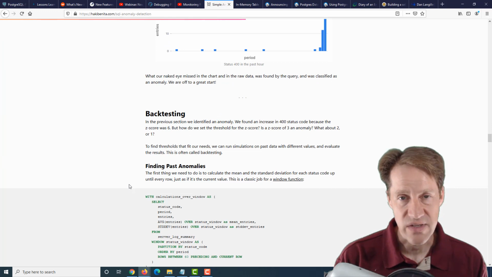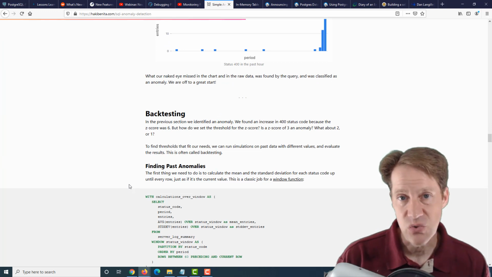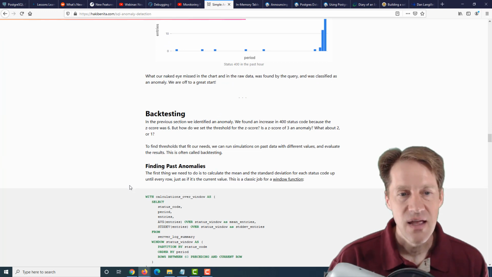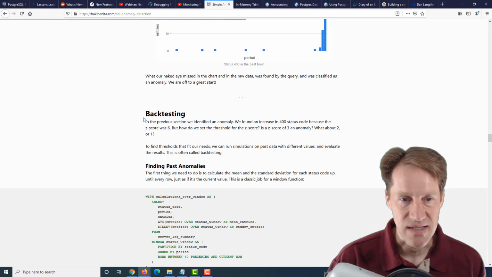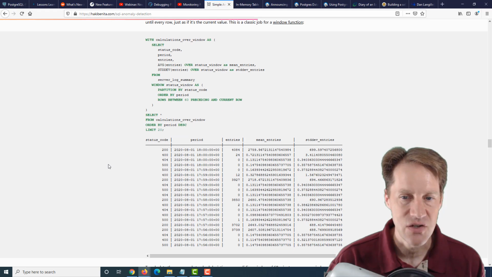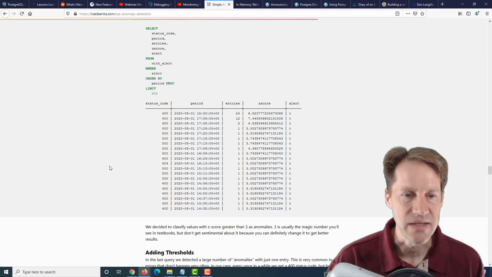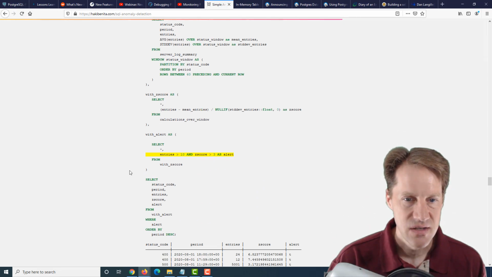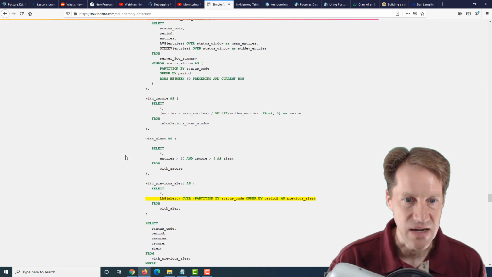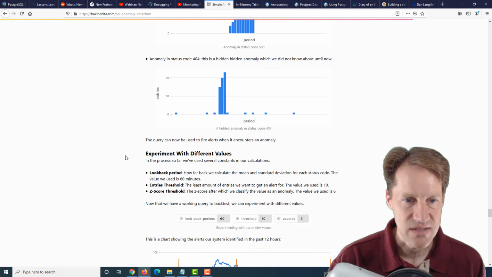Should you use 1 standard deviation from the mean, 2, 3, 4? What makes sense? And he advocates doing backtesting. So backtest previous log information that you've been collecting to determine what you're seeing and what you want to alert on. What do you call an anomaly or not? And he goes through the process of determining that for his set of data and how to eliminate essentially repeat